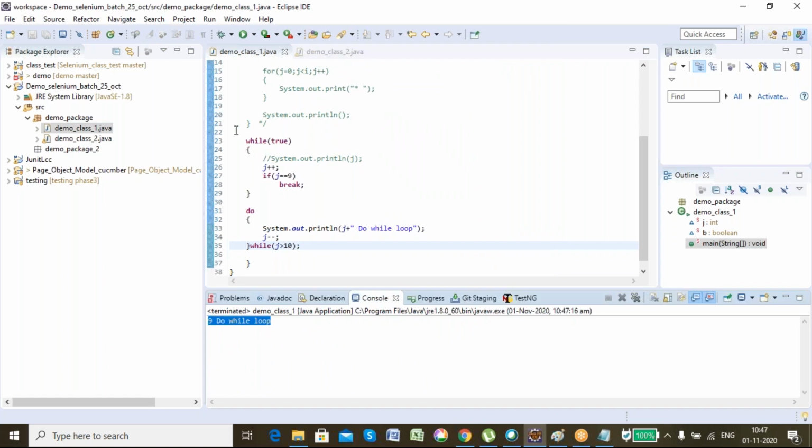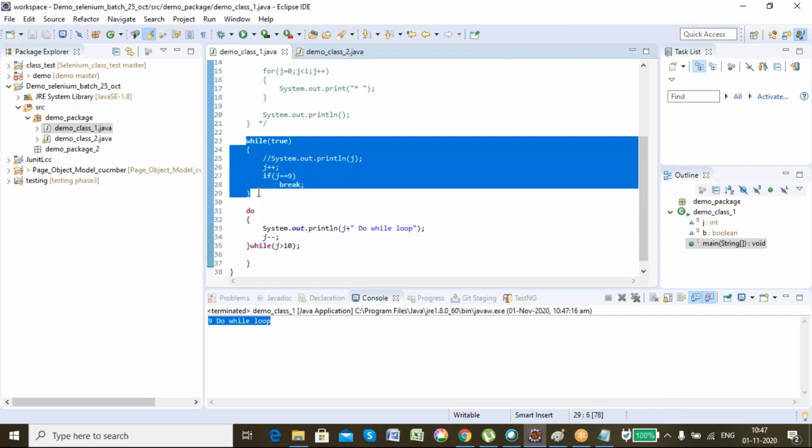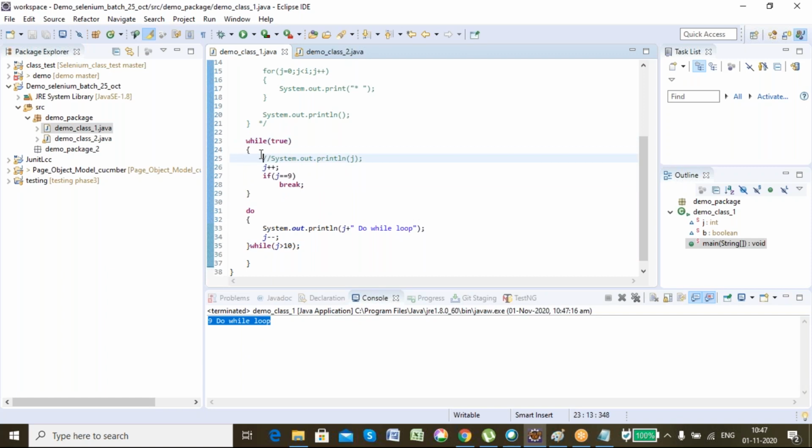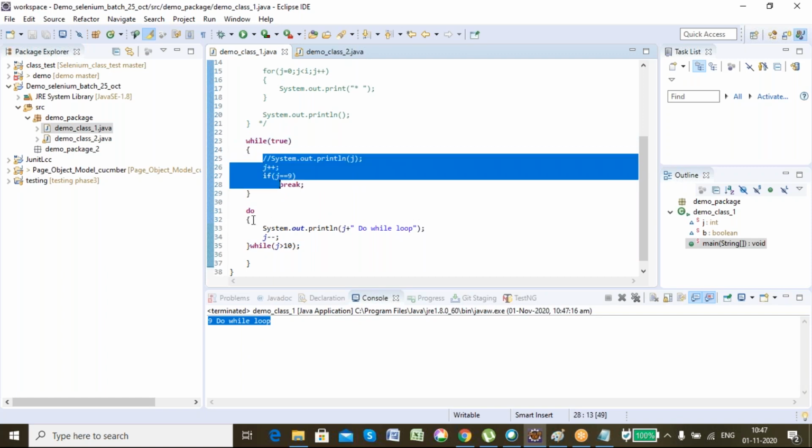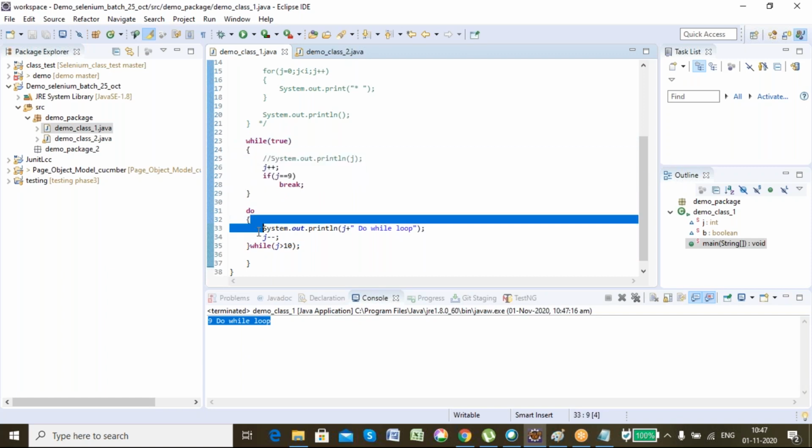So what is the difference you found? Here in while, first the condition is checked, then the lines of code are executed. But in do while, first do is executed once, then the condition is checked. So for that reason, even though the condition doesn't satisfy, it gets executed one time.